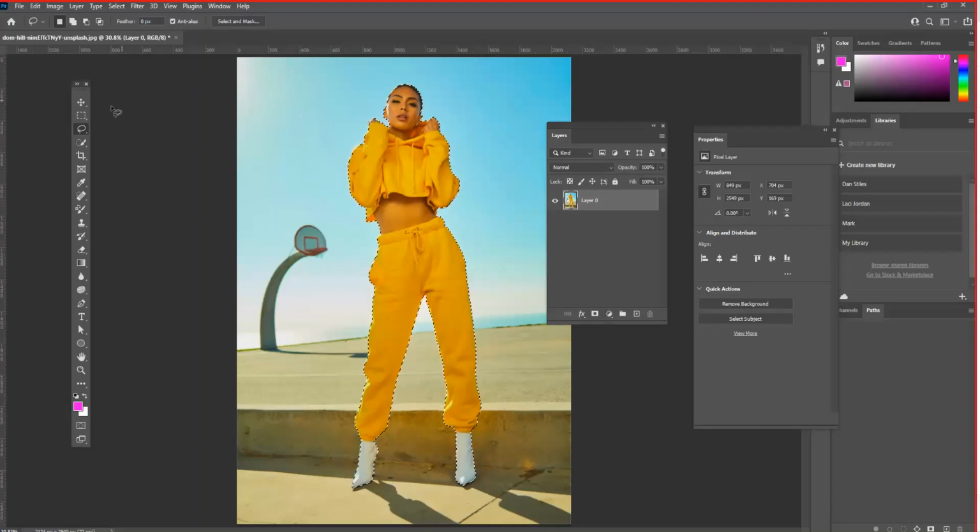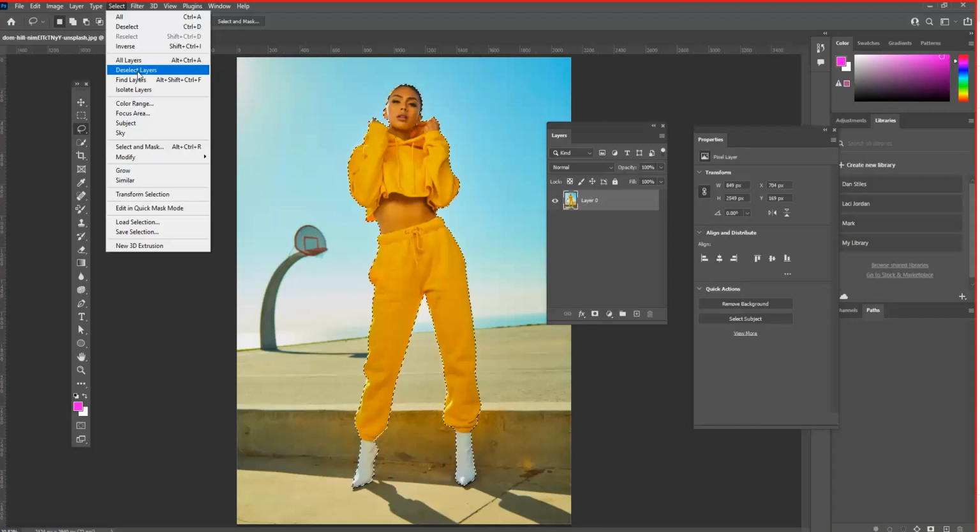So when I've got a selection tool selected and I've got a selection running around an image, there's always a button there that says Select and Mask. And with this one I can refine this edge a little bit. So Select and Mask is up there when I've got a selection tool selected, but say if it's not up there, if I go to Select, it's always there. Look, so Select and Mask. So I'm going to click on that one,